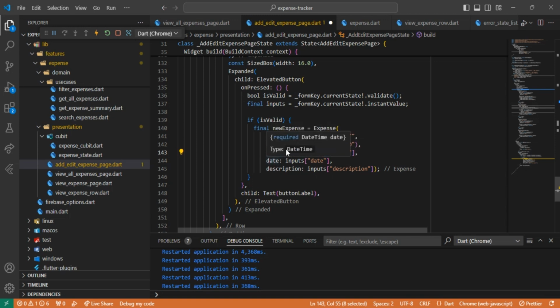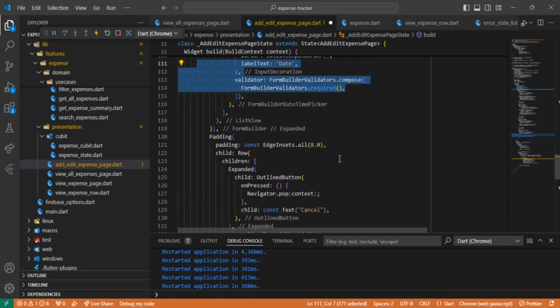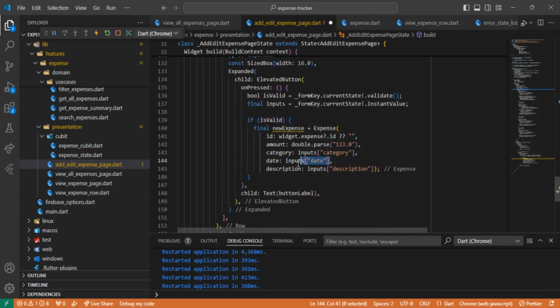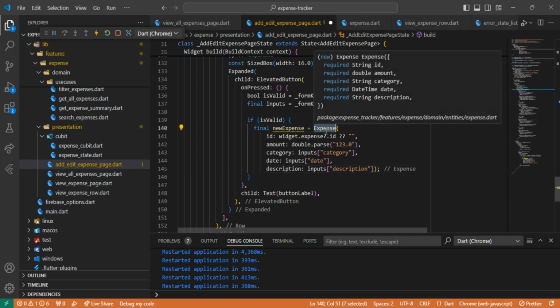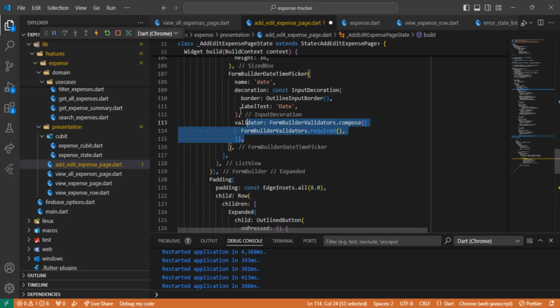So yun, date time, remember date time dito, ito yung data type ng value nito, itong field na to will always be date time. So no worries in converting this. It's gonna be a date time, and then this input description, string yan. So yeah, the bottom line is we create a new expense object,